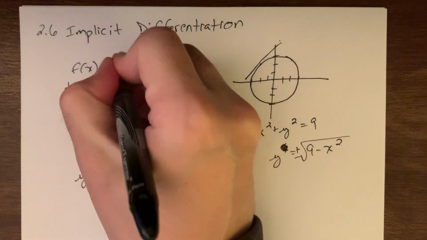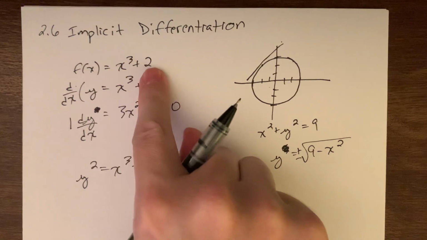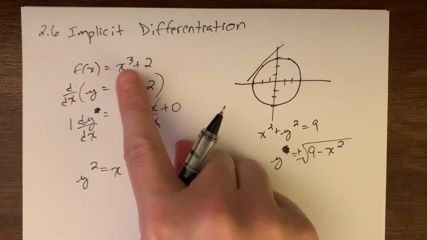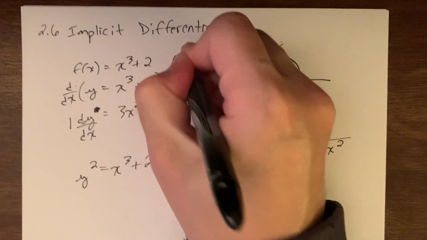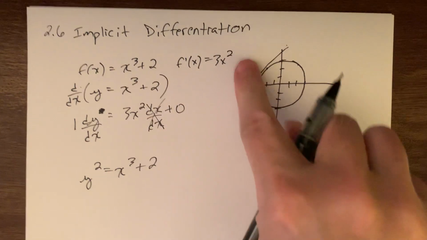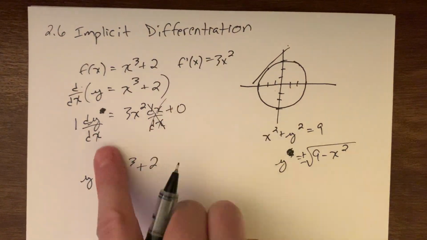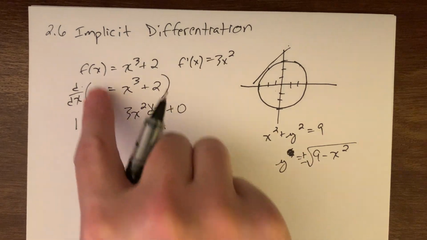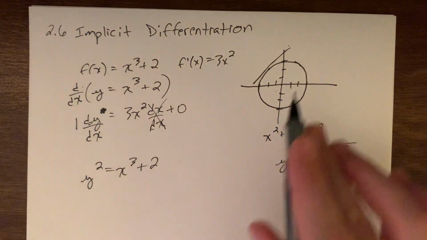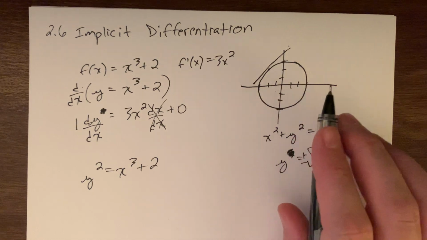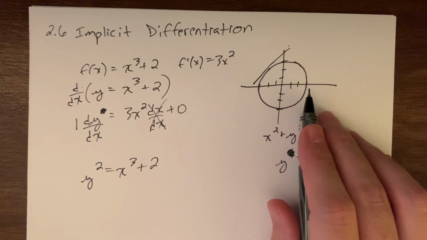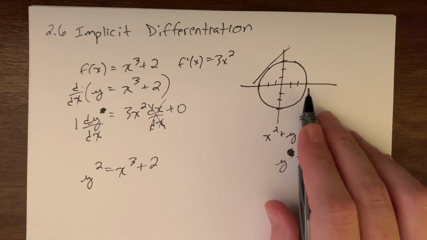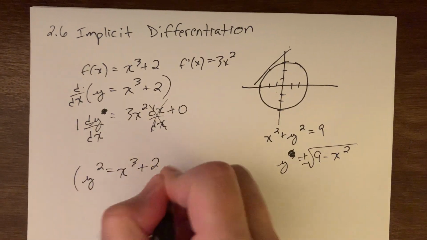When it's a function, f of x is x cubed plus 2, find the derivative, that's very clear. There's only one variable here, we're taking the derivative with respect to that variable, and we get our traditional f prime of x is 3x squared, or your y prime 3x squared, whichever you prefer, depending on what you originally called the function. But now when you don't have a function, again, slope of the tangent line, questions about the tangent line, those are all still legitimate, and we'll still see the derivative gives a sense of instantaneous rate of change. But when we go to take the derivative,